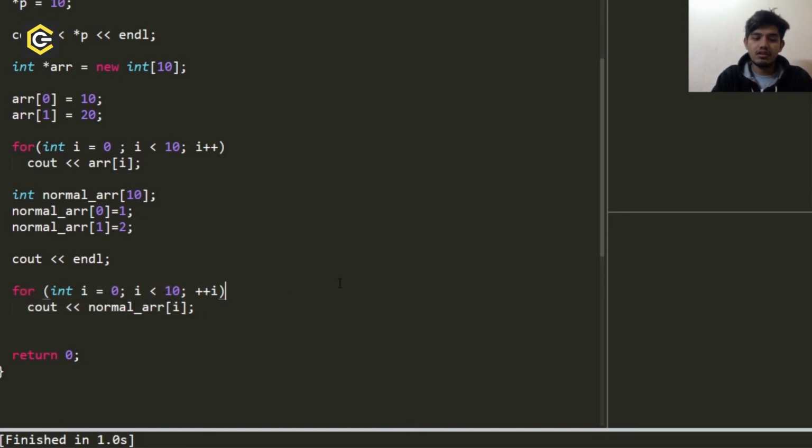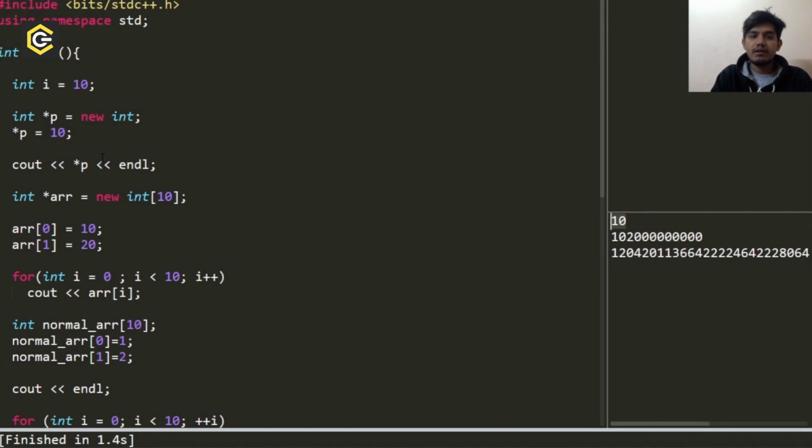So let us run this code and check the output for each and every statement. The first statement is normal, where we are printing the pointer value. Second, we are giving 10, 20 as two values, and the other values are 0.